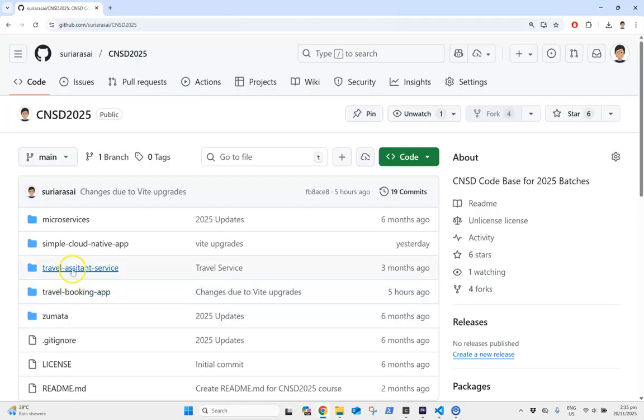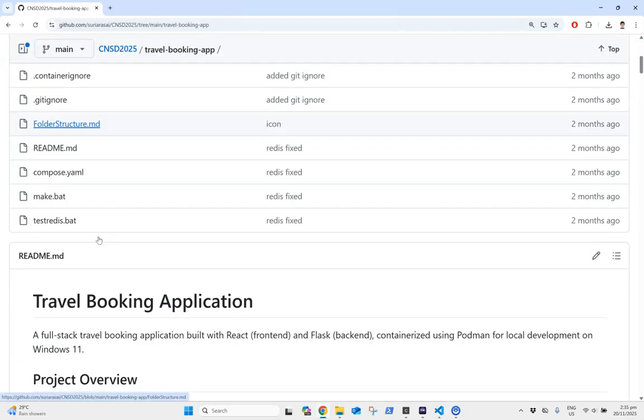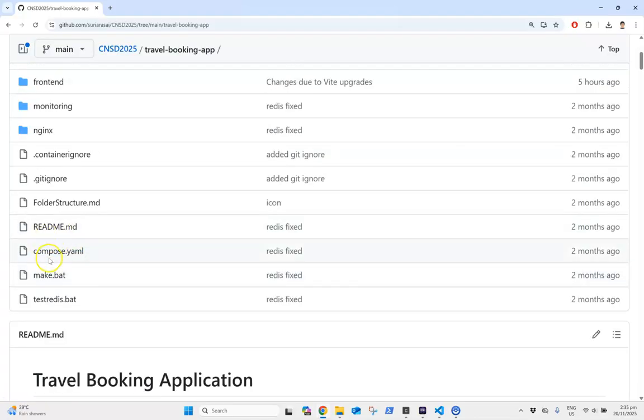So if you look at this, the travel booking app is what is basically being discussed now. To make things simple, beyond the compose file, which is basically for the Podman desktop to work, I've also made a batch file to test the composition. And there is also a separate batch file to test if the Redis works very well. So let's take a look at what's happening in this set of